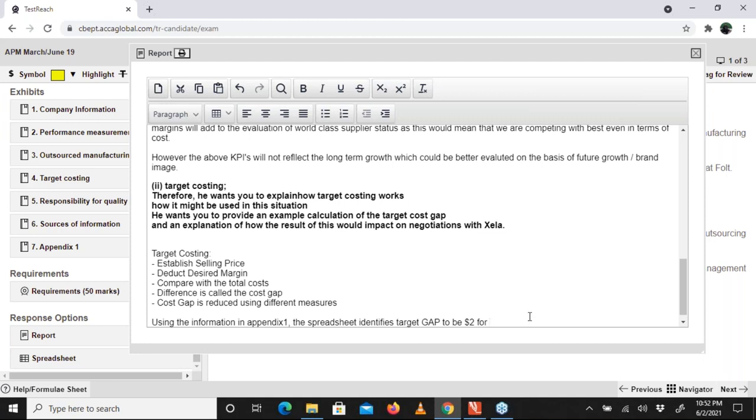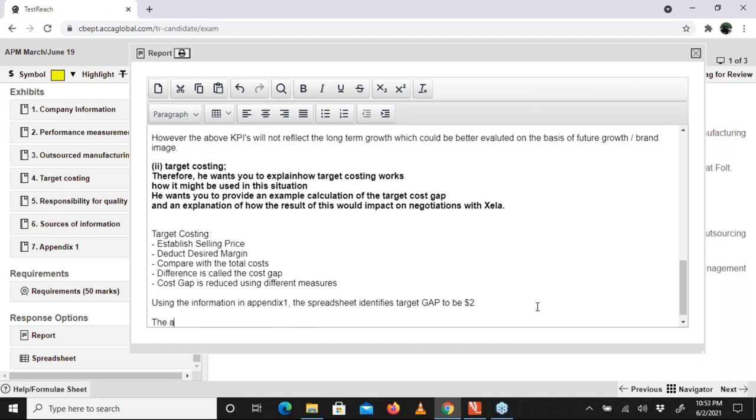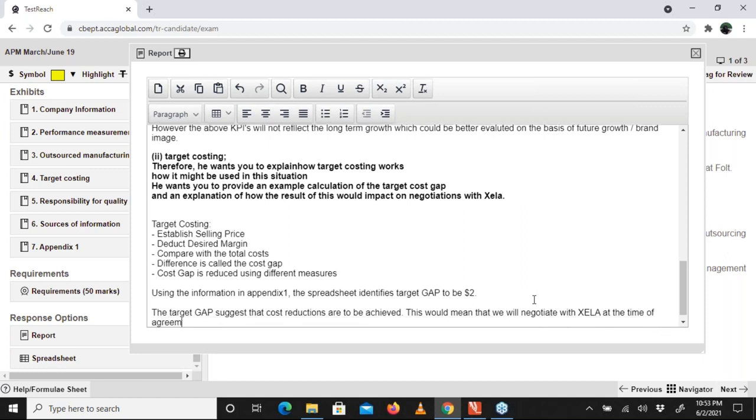The spreadsheet is identifying the target gap to be $2. Now, the target gap suggests that cost reductions are to be achieved. This would mean that we will negotiate with Zela at the time of agreeing the price for the outsourced manufacturing